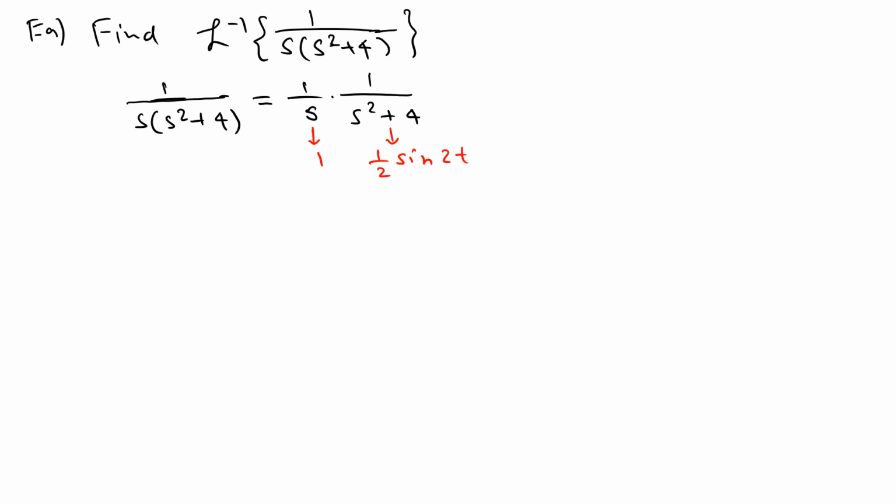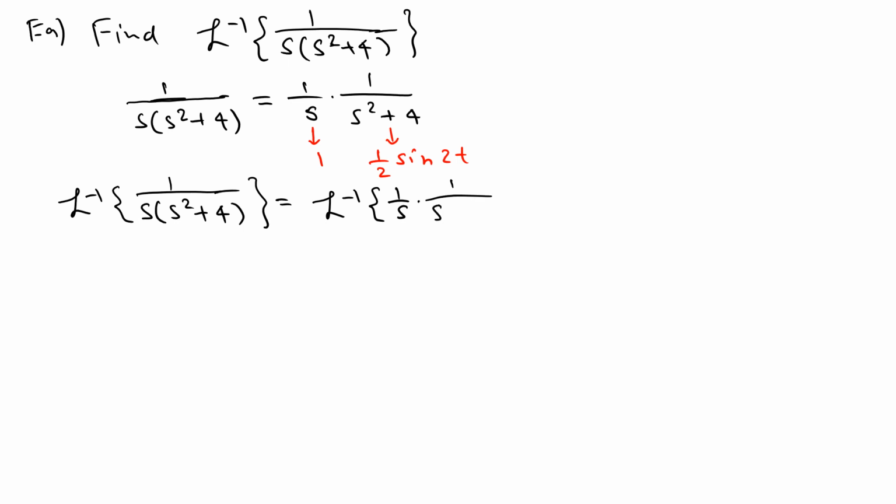Okay, that means we identified the two functions, so we can use the inverse product now. So L inverse is simply 1 over s times 1 over s squared plus 4. I'm writing everything out just to be logical here. And by the inverse property of the convolution, it is simply 1 convolved with